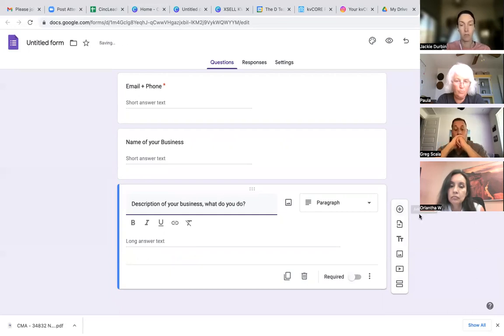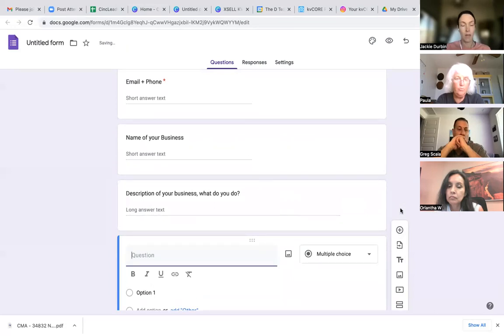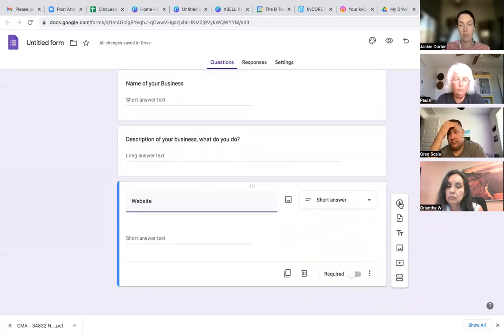What do you do? This could be a paragraph. That's fine. Doesn't mean they have to write it in a paragraph. It just gives them more lines. My next thing is going to be, let's see, the name of their business, description of their business, website. Yes, I want their website because I want to be able to put it in there. And then I'm going to ask,